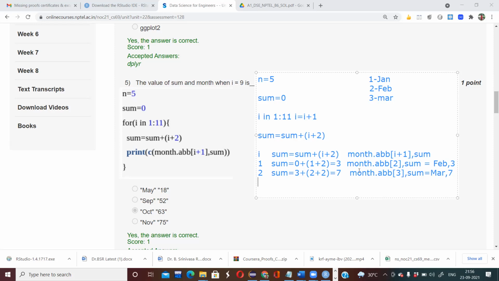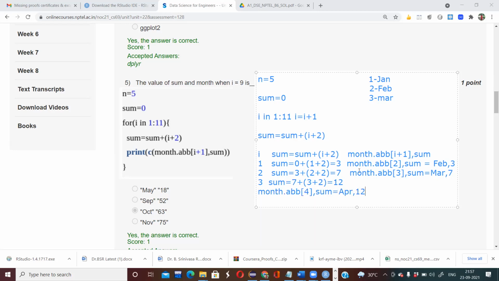Now for I equals 3, sum will be 7 plus 3 plus 2. That will be 7 plus 5, that will be 12. Month.abb of 3 plus 1, 4, comma, sum. So what value will be printed? Apr, comma, sum is nothing but 12.